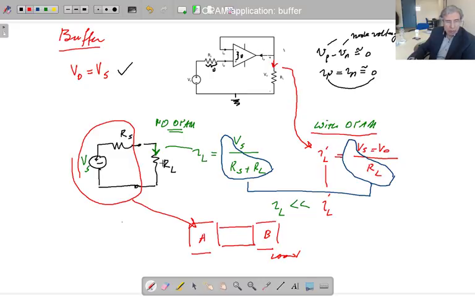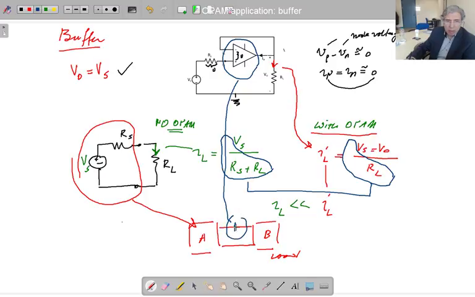Directly connected to load. So if I put an operational amplifier here, let me put it in a different color, make it this. If I put that operational amplifier in between here,